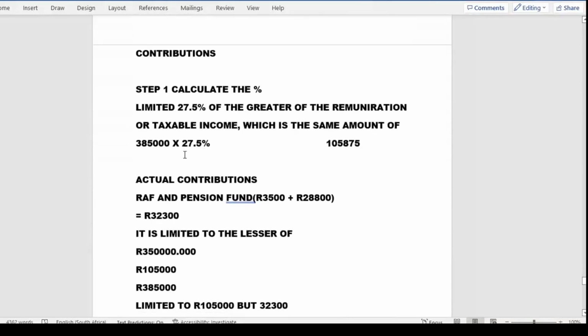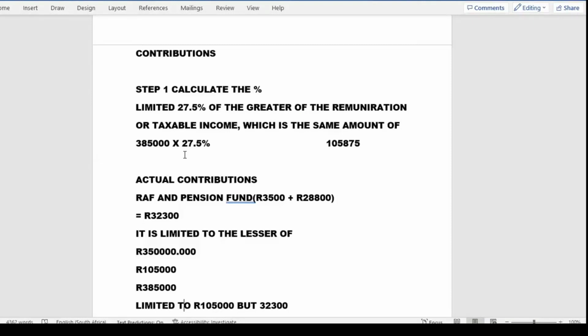We come to the contributions, the aspects that we have to follow. Step number 1 says that we need to calculate the limit of 27.5% of the greater between the remuneration or the taxable income, which in here we found to be the same amount, 385,000 rand. Let's say in the question they gave you a remuneration of 400,000 rand. We were going to use 400,000 rand because it's greater than the taxable income or the total income. So because we only have the income, we said 385,000 multiplied by 27.5%, which is